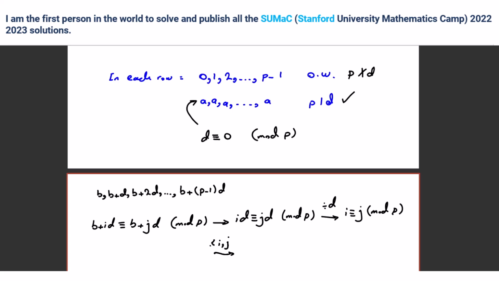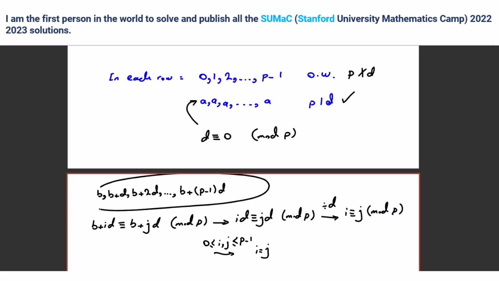I and J are from what to what? From 0 to P minus 1. Exactly. So when they are congruent, because 0 to P minus 1 are different, I is equal to J, right? Yeah. Okay, so if you consider two different numbers here, because their i's and j's are different, then they are